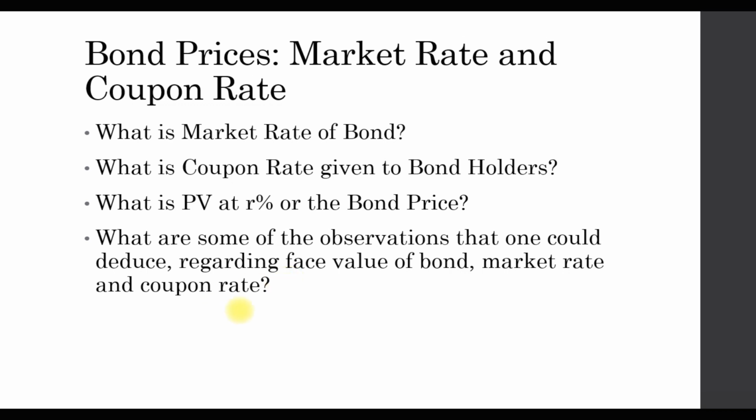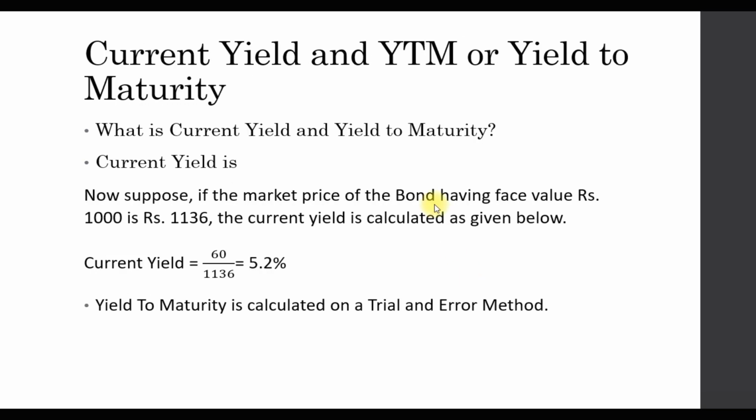So these are some of the observations one could deduce regarding the face value of a bond, the market rate and the coupon rate. Next, we'll take a look at current yield and yield to maturity. So what is current yield and what is yield to maturity? Current yield is this: if there is a bond of face value 1000 and you pay 1136, which is the market price, the current yield is calculated by taking the coupon for the first year,